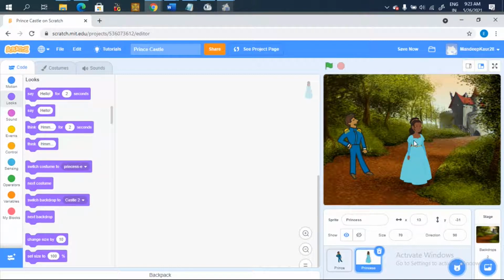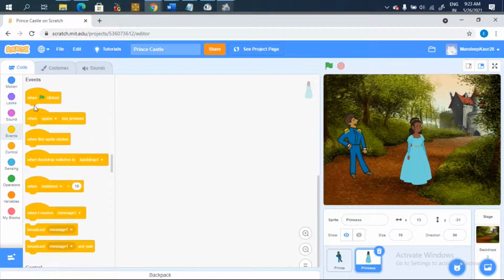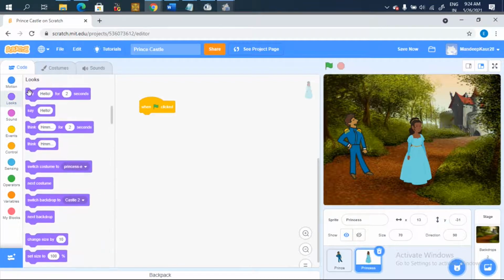Now what I'm going to do is I'm going to click on which character I'm going to work on. Now in the second character, I just want to have the conversation between this and this character. Now I'll just put this quote, but for that, first of all, when someone clicks this flag, then she should answer the query of prince.